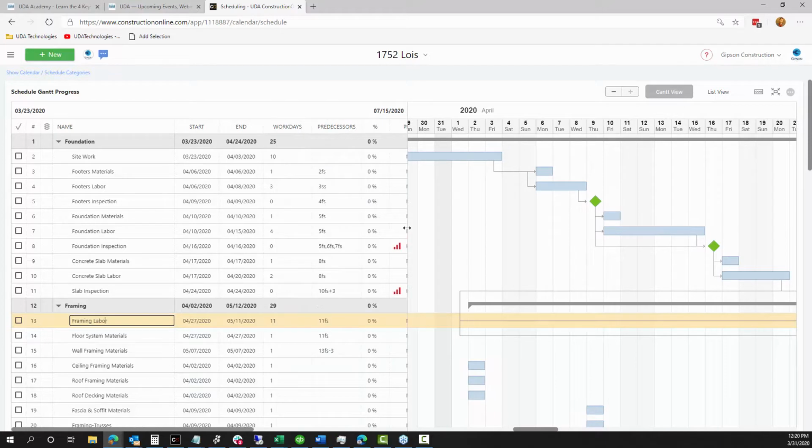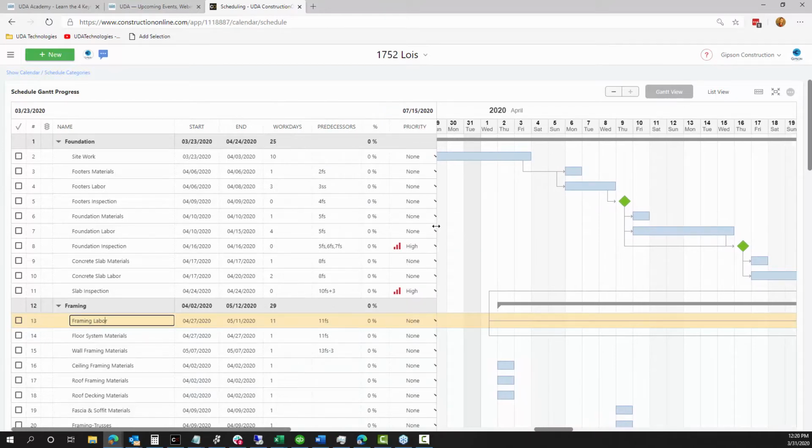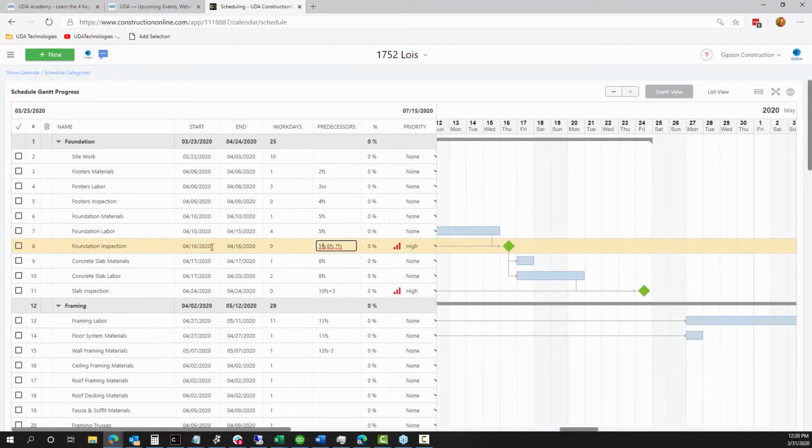Now, the last thing about predecessors, and great question coming in from a client here about that, is really just to look at a line that has multiple predecessors. So we had a great question coming in just to touch on that. And one thing that is great here is that ConstructionOnline is flexible enough to allow you to have, you can definitely have, each line could have one predecessor, could have two, could have three, could have even more